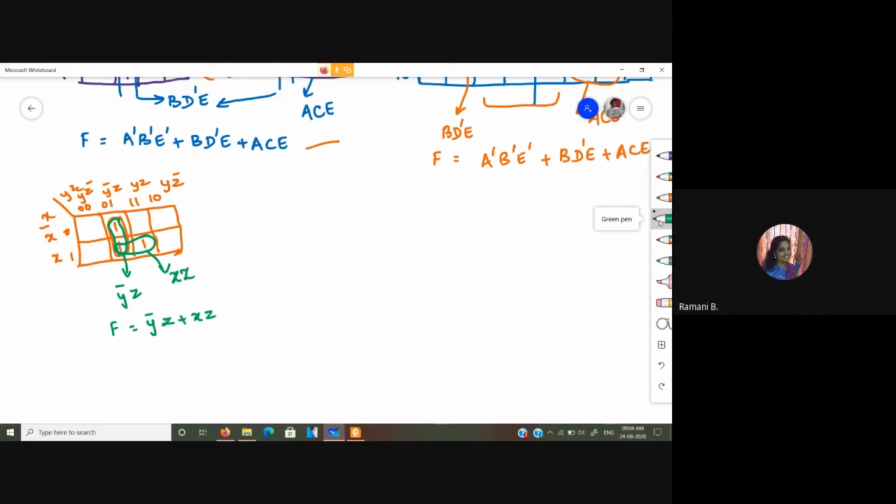I am used to writing these numbers like this. If you feel it comfortable to write the variables, that is the corresponding literals, in this manner, you go ahead. There is nothing wrong in it. It is up to us, the way we practice, we used to write it. We shall see another example.